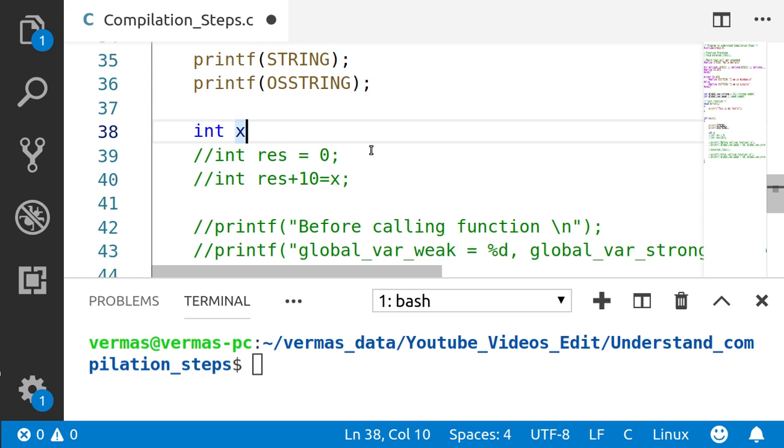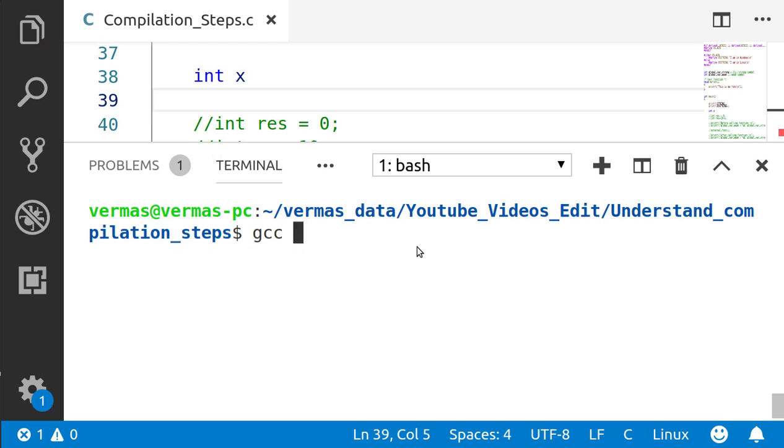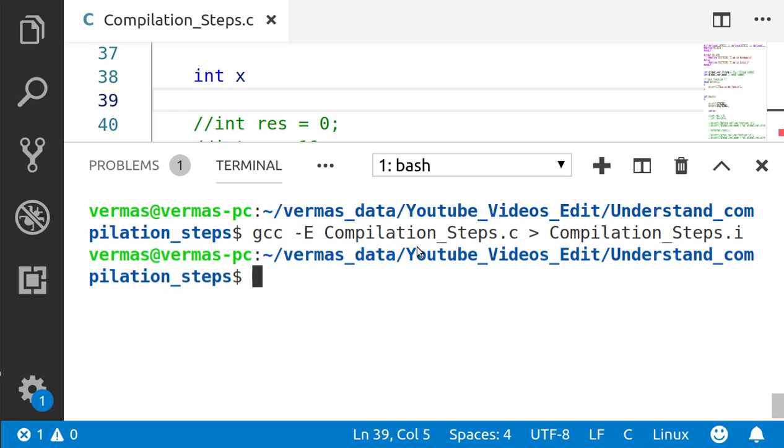Okay, so let us now understand what are syntax and semantic errors. A syntax error is caused whenever you are not following the grammar of the particular language. Here, since I am not using the semicolon, if I now compile this file, you can see I got one error. Since I have changed my file, I will do the pre-processing stage again so as to get the assembly file. So now I have done this step.